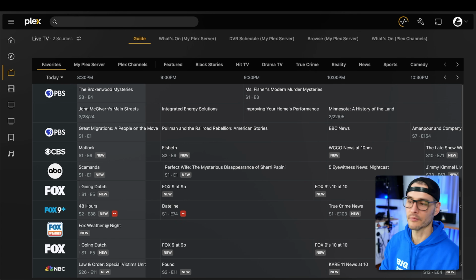For my media server, I'm using Plex. I don't need to tell you how awesome Plex is, but I think it's really awesome, especially for recording live TV and over-the-air TV. And I've been doing that for many, many years, going back to Windows XP Media Center Edition. So I have a long history of recording over-the-air TV, and I do it here too.